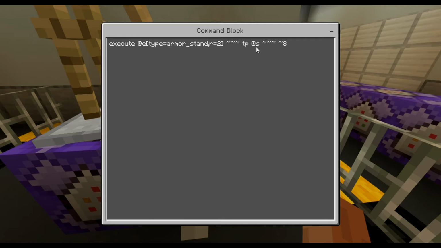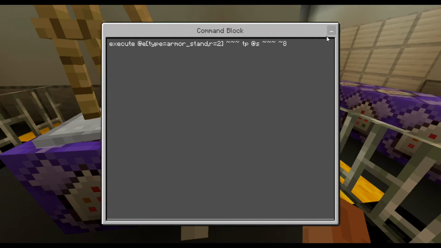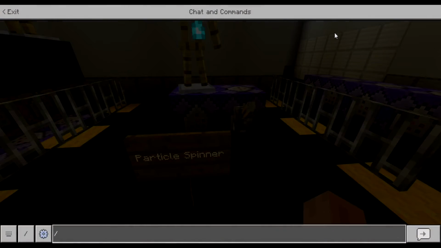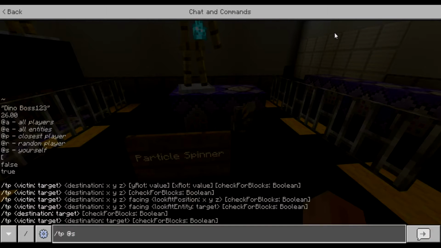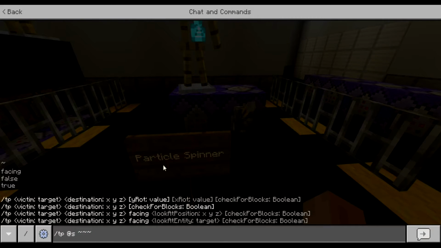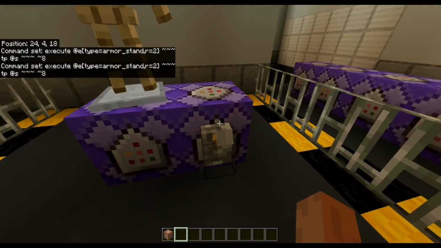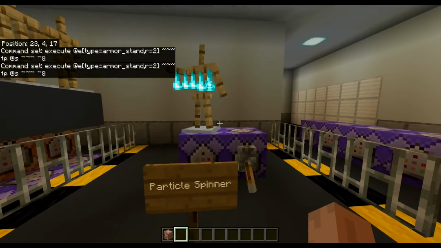Okay, so I'm gonna TP myself to my own position and ~8. So relative 8 is actually, if you open the TP command, TP at S, just this, you have Y rot, which is Y rotation, and you can give it a value, and you can do it relative to your Y rotation, and you can do X rotation too. So I'm using the Y rotation, and then if I go ahead and activate this, it will spin him, and